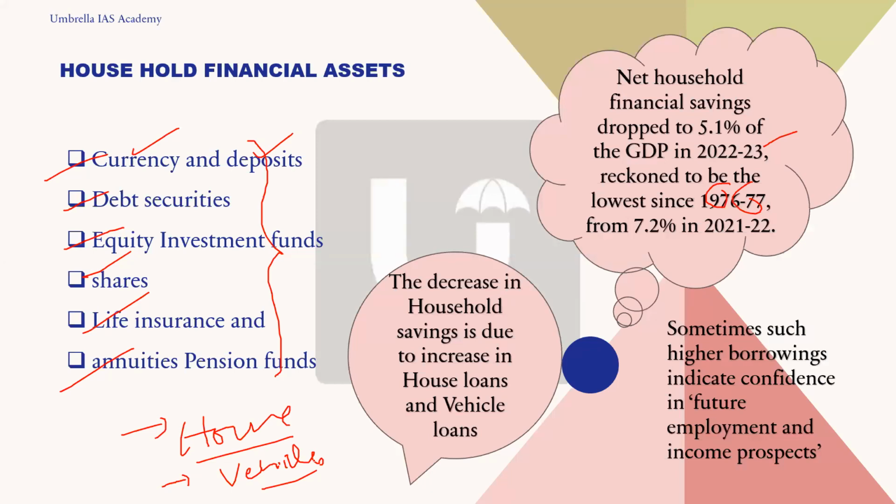Is it clear, everyone? So in the interview also, if they ask you why recent savings are decreasing, you should not say that the income overall or because of COVID these things are decreasing. No, that will be a wrong answer. The actual answer is we are spending more on these assets, and also we are confident that the future prospects are good.